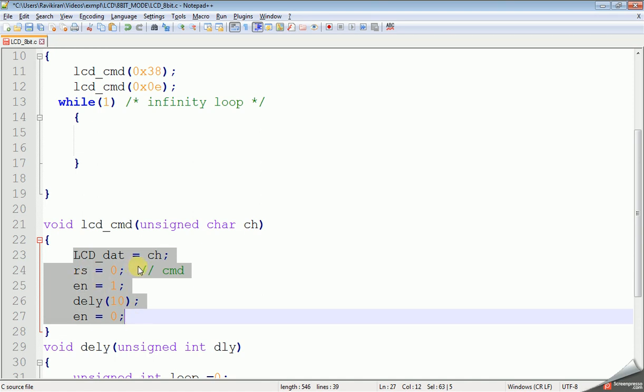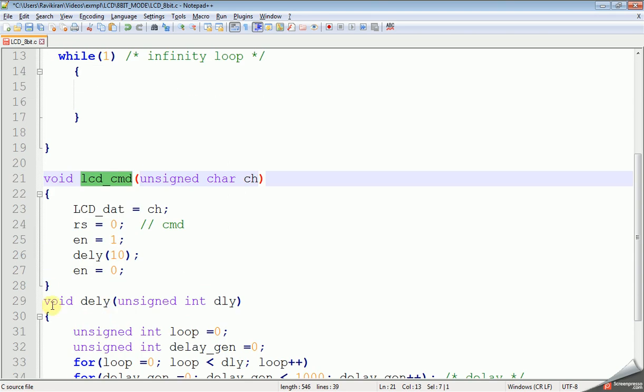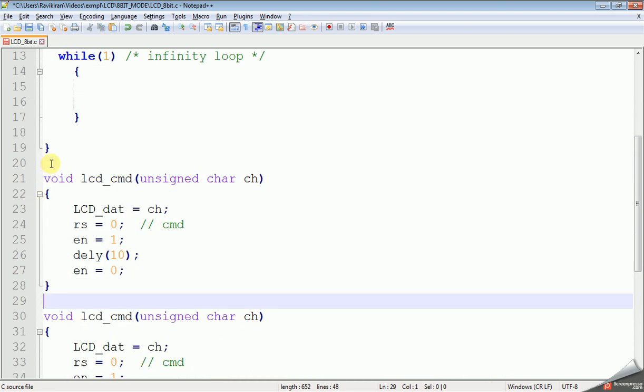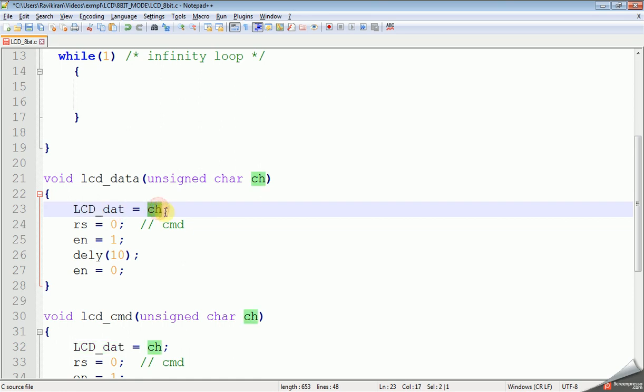Now let's write a separate function for LCD data. Just copy paste these lines. Instead of command, rename it to LCD data. This we can keep the same, LCD data equal to char.